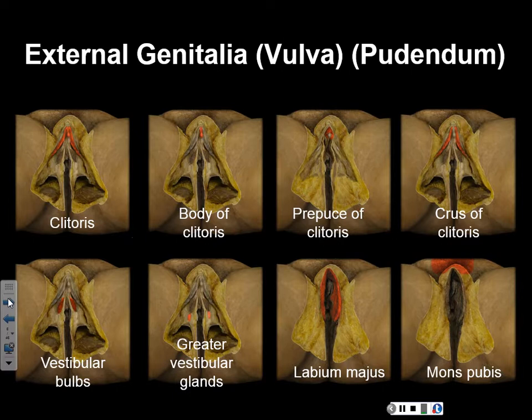Okay, and then it's got the root, which is formed by the corpus spongiosum as well. Just like the male has got those 3 erectile columns, the female also has 3 erectile columns in the clitoris. And the root of it, the crus of the clitoris, will be formed by the spongiosum. All right, and